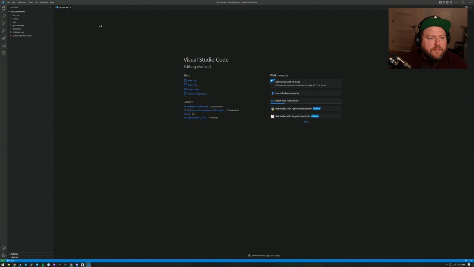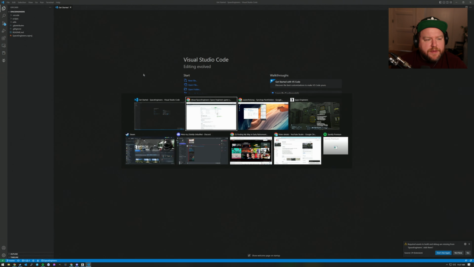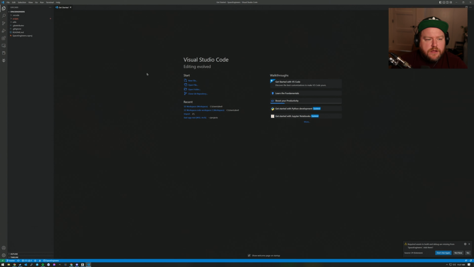And here we go. Now here on the left, you can see these files. Here, there's a readme.md, spaceengineers.csproj, and so on. And if we go back here to our guide, we can see that these are the same files that are listed up here. So we created a local copy of this code repository now, and have opened it in